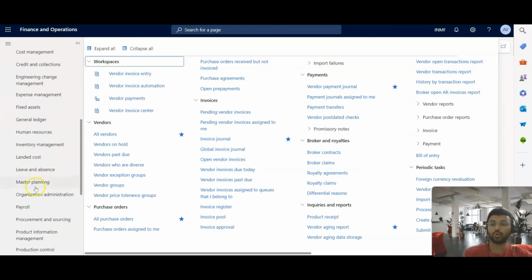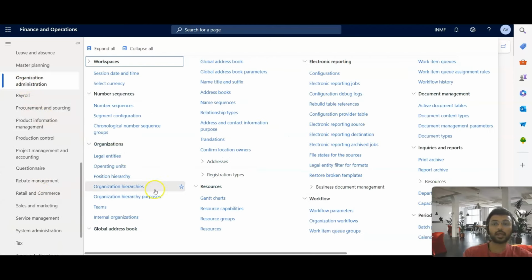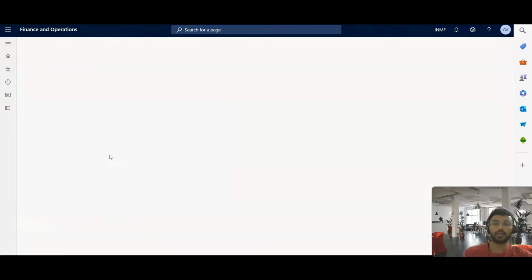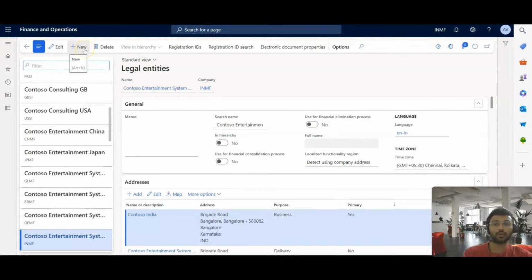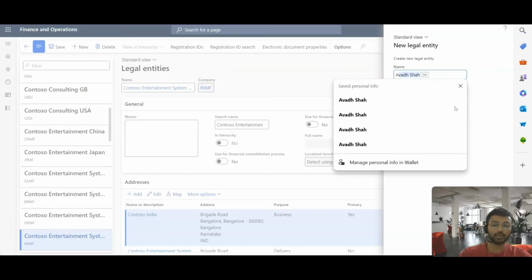Now I'm going into the Organization administration module. In this module we have an Organization tab, and in the Organization tab we have Legal entities. So I'm clicking on this legal entity. Now I'm going to create a new legal entity. Throughout this series I'm going to use this legal entity. So I'm going to create a new legal entity, ABC